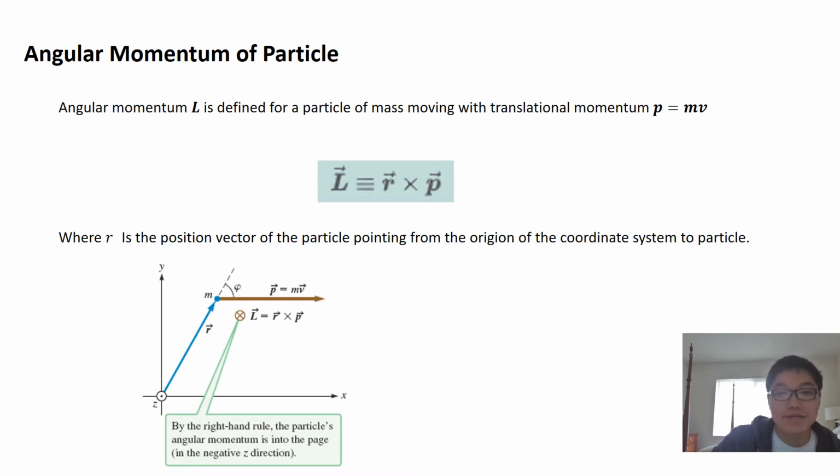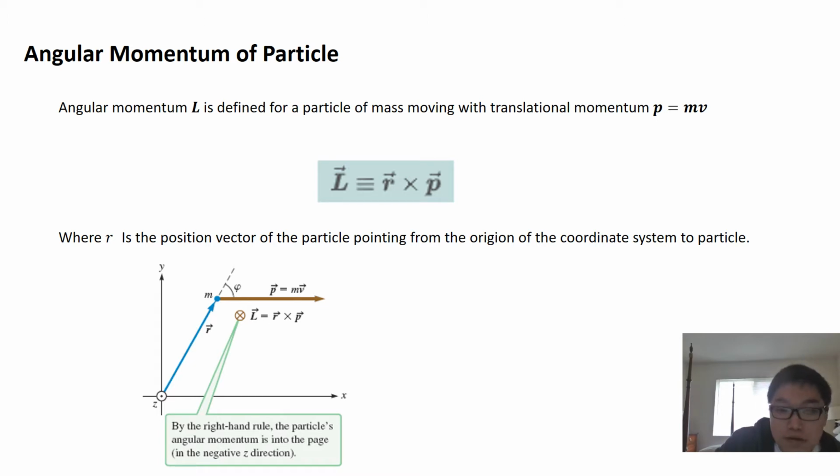The first one, the angular momentum L, is defined for a particle of mass m moving with translational momentum vector p equal to m times velocity, where L is a vector quantity, which is shown in this equation, where the angular momentum L is the cross product of r, the vector, crossed with p, which is defined by the mass times the velocity, where r is the position vector of the particle pointing